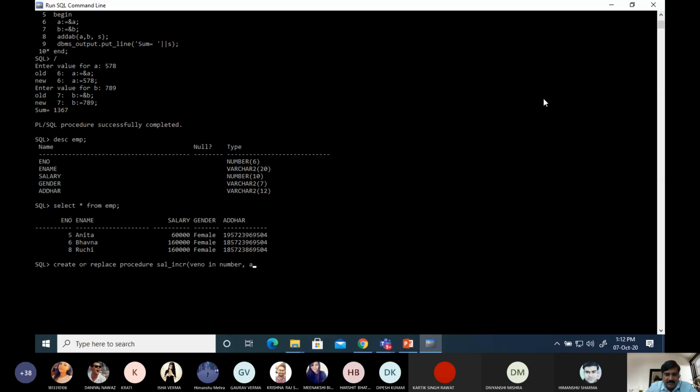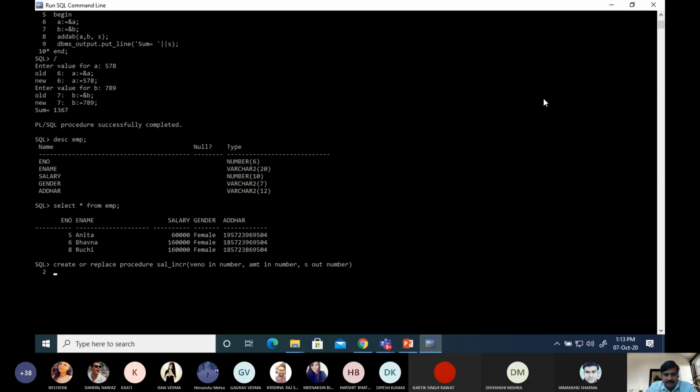Second one is the amount variable, input mode, and type is number. And third one is for storing the updated salary; suppose we pass a parameter S, and this parameter is in output mode and type is number.